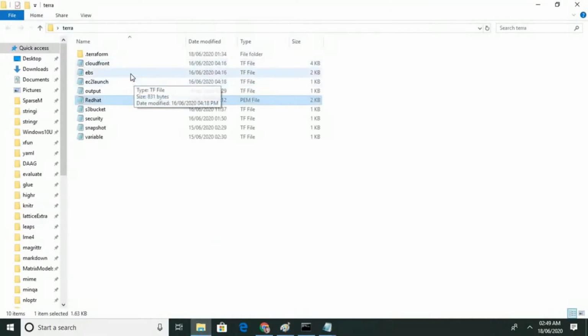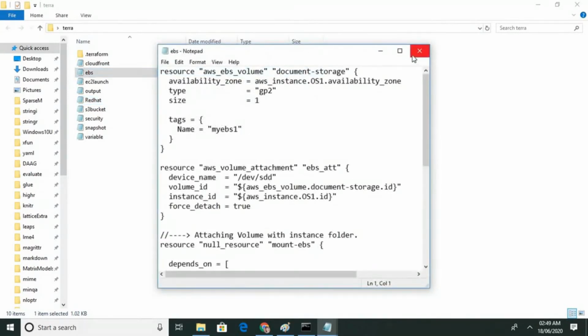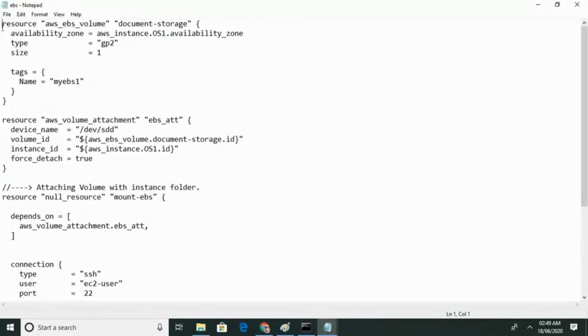So the next part is EBS, meaning we need a pen drive connection to connect to it. So here it is. EBS is an EBS volume, you can assume it is a pen drive. I told you anything you want to create comes under resource, and we have given the name pen drive to document storage. Meaning a key name, for calling this EBS volume we need to write this name. And availability zone.